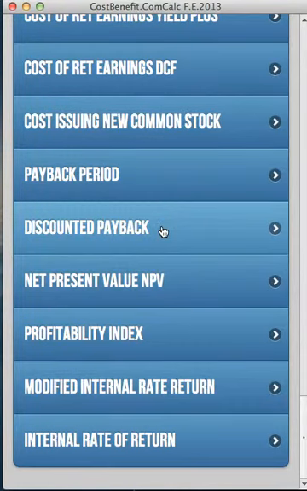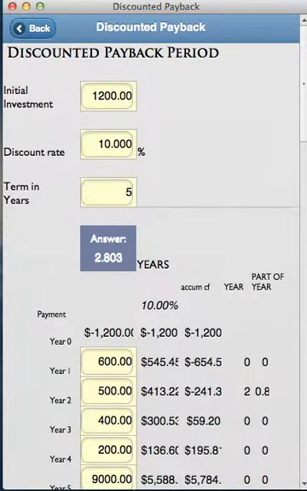Discounted payback. Since we are the CostBenefit.company, this is one of the key calculations that our people would want to do. You have an initial investment, let's say of $10